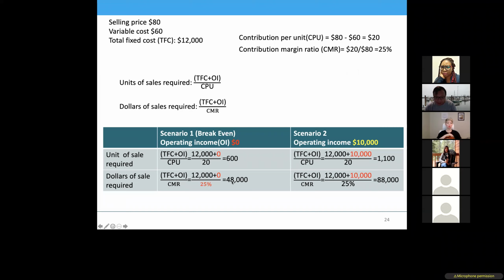The $40,000 is here, right? So the sales increased from 48,000 to 88,000, and that difference is the 40,000. Yeah. Okay, so